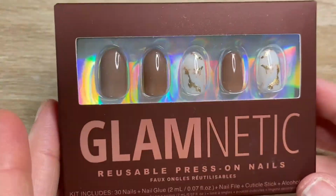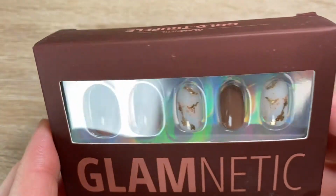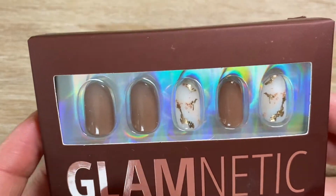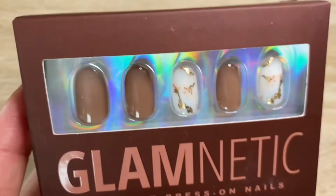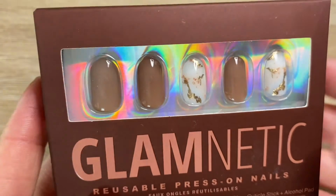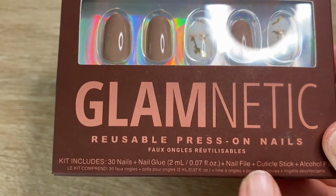press-on nails. So it is the next day and I'm now going to attempt to apply these press-on nails. These are the gold truffle press-on nails, which look to be almond shape and the kind of shape that I go for. The other ones are just going to be too long for everyday use, so I'm going to give these ones a try. And I do like that it includes 30 nails,